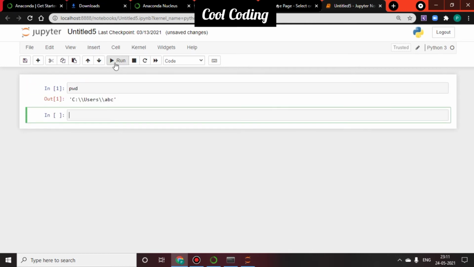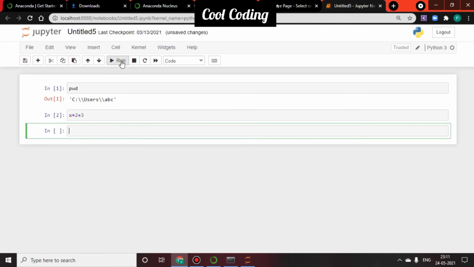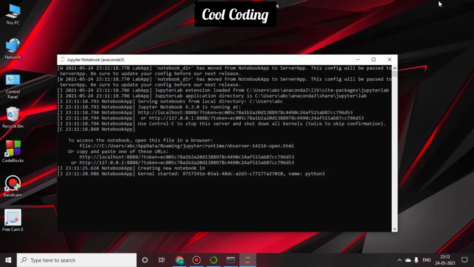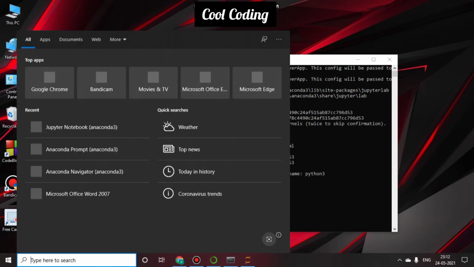This is the option for run, and you can write here whatever code you would like to write. Just run it. You can see this is working.